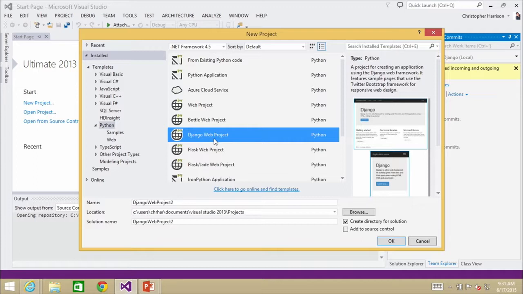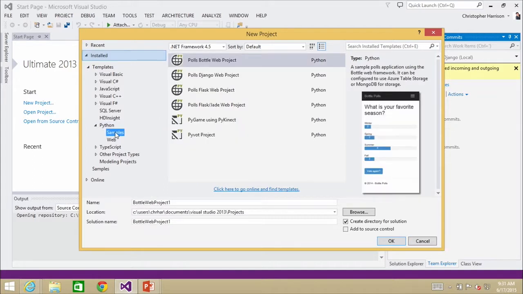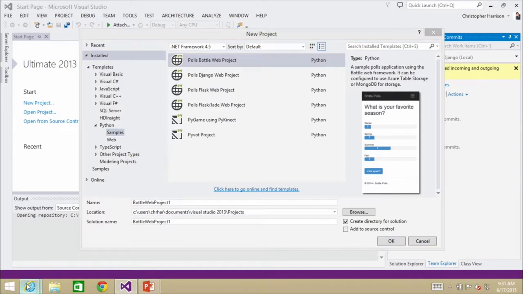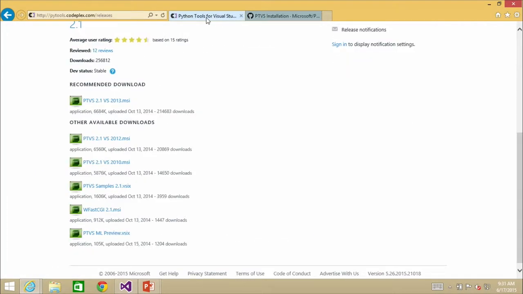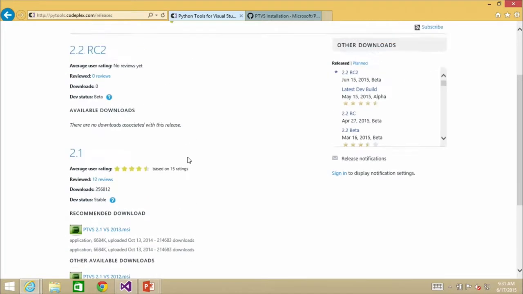So if you're looking to learn by looking at somebody else's example, that's not going to do it for you, and that's where the samples come into play there, and that's why I really like the samples that they've provided here. They're just not in the PTVS tools directly, so you do have to go download them separately.